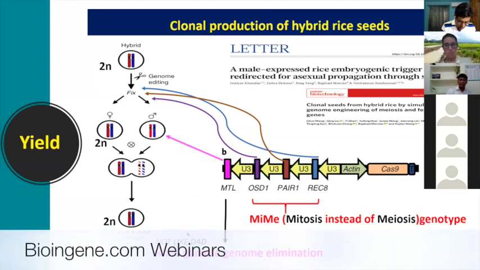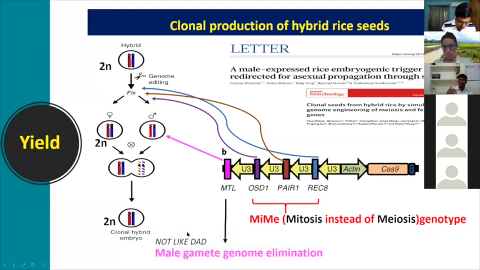When they knocked out this gene, the genome of the male gamete is eliminated. So the zygote would be formed from only one gamete, the female gamete. So you see, the same genetic makeup of a hybrid is retained in the zygote. And if you develop a plant from that zygote, you get a clonal hybrid embryo and a clonal hybrid plant. So it is exactly similar